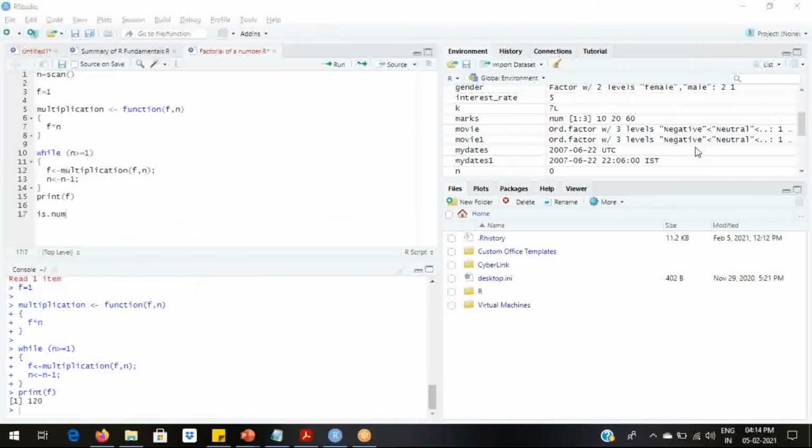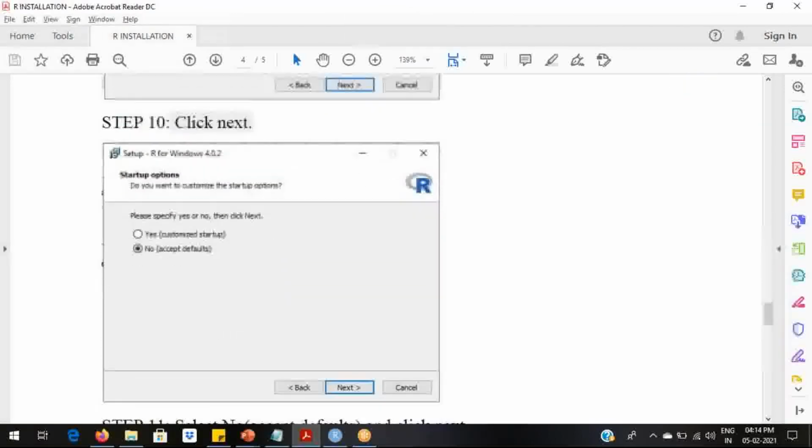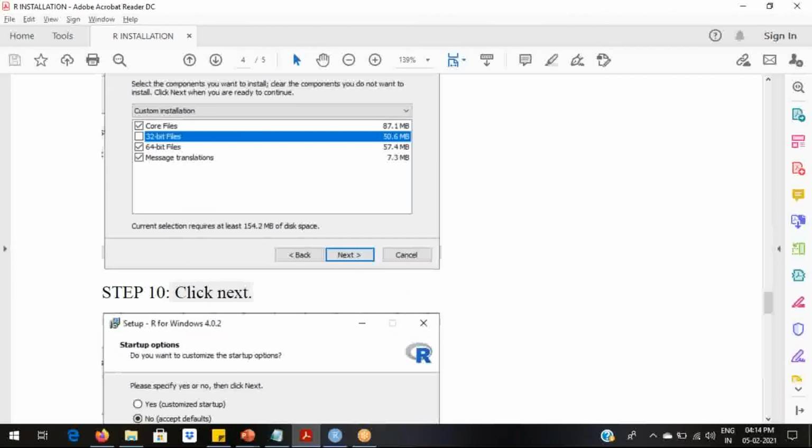So I see one more question asked. Is there any online platform like Google Colab, sir? So the thing is, R is free. So you can download R and RStudio. Both are free. You can download it in your system and use it. I think there should be an option for R in Google Colab. I will check that and let you know tomorrow. Let me continue with the procedure.